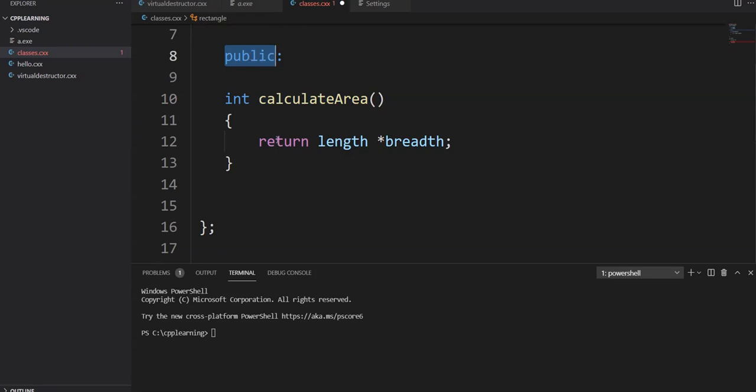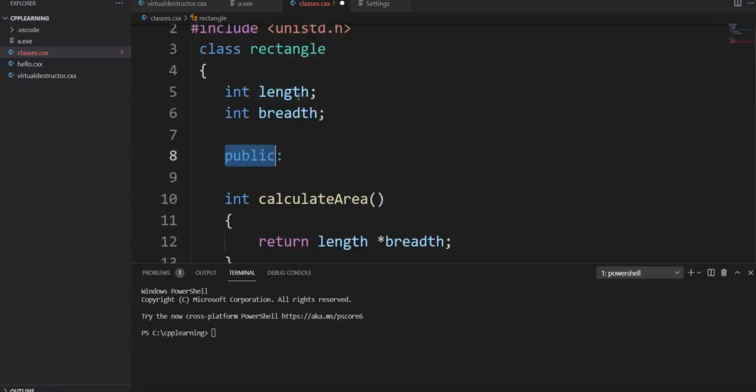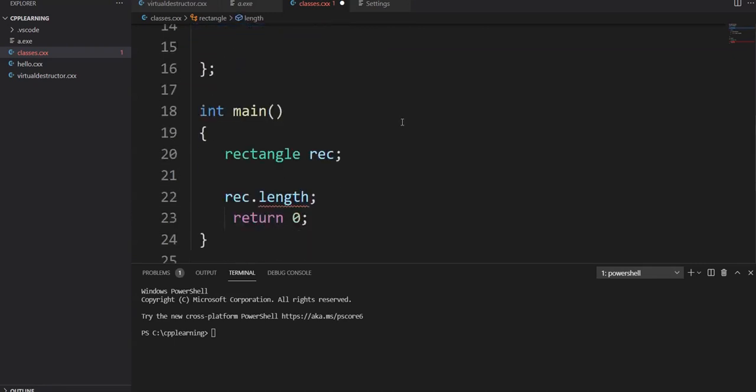access specifier. There is one more access specifier, protected. We'll discuss more about it in a detailed video on access specifiers in C++. But for our understanding, in a class we have access specifiers that hide your data from the external world, and this is one of the object oriented mechanisms, data hiding. You hide your data, you protect your data from the outside world. Okay, this is our simple class and we have created a rectangle out of it.